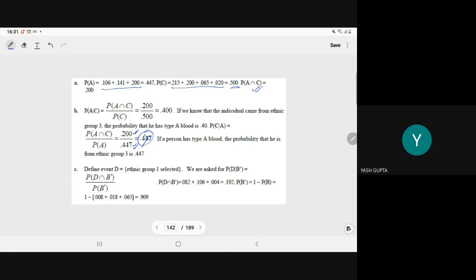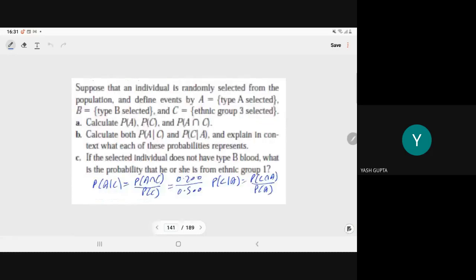So whatever the ratio that you can write. So what is the meaning of this statement? If an individual comes from the ethnic group, what is the probability that he has the blood group A? If the person has the blood group A, what is the probability that he comes from ethnic group 3? In this way we can compute the required conditional probability, or we can understand the